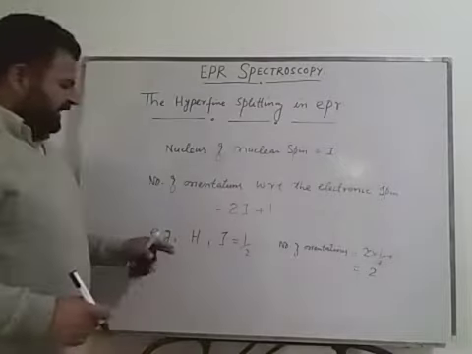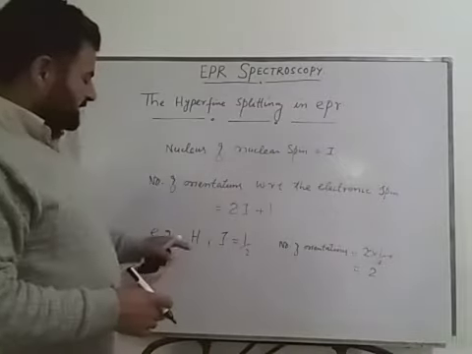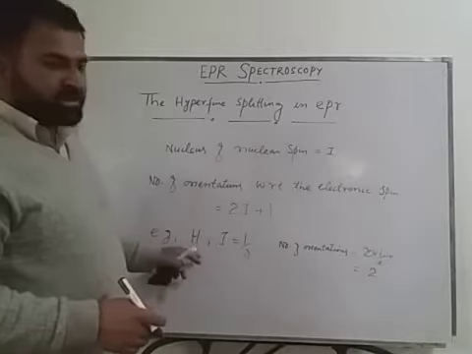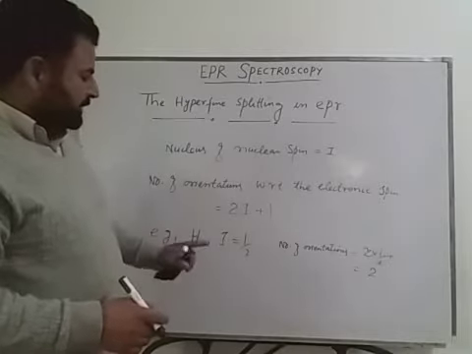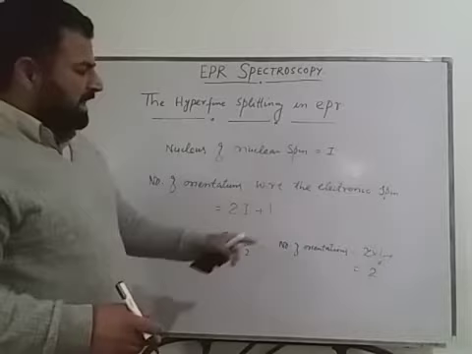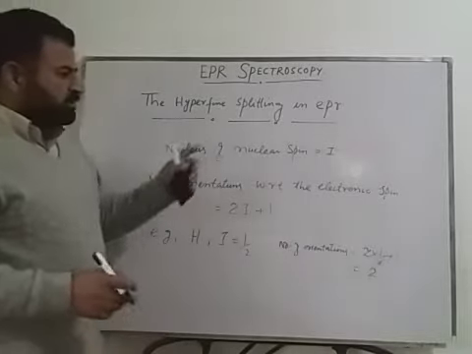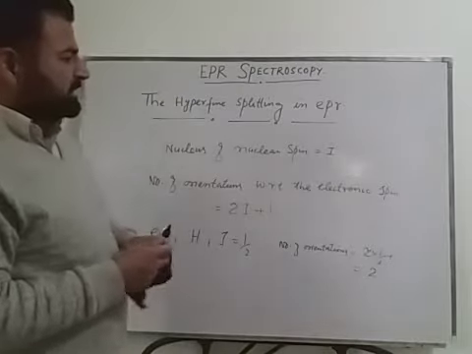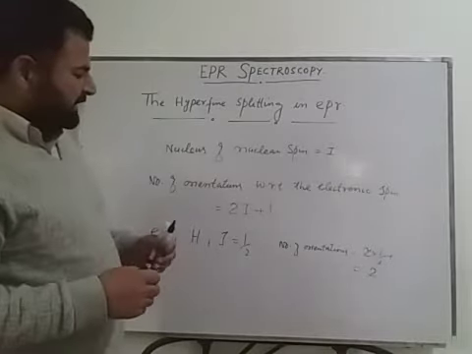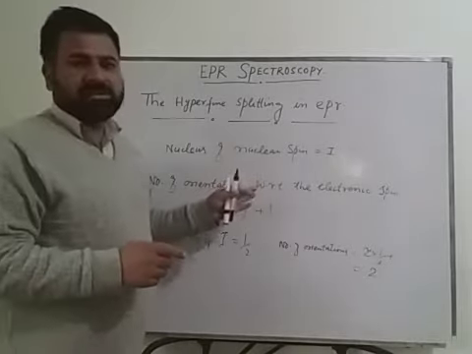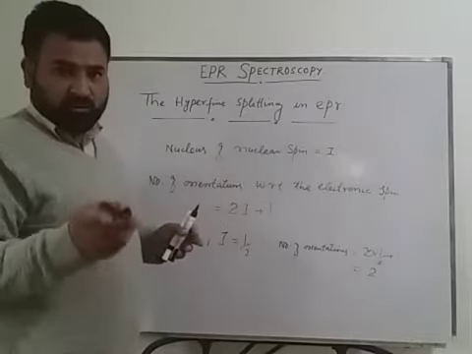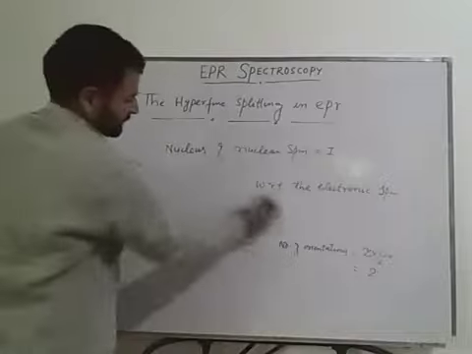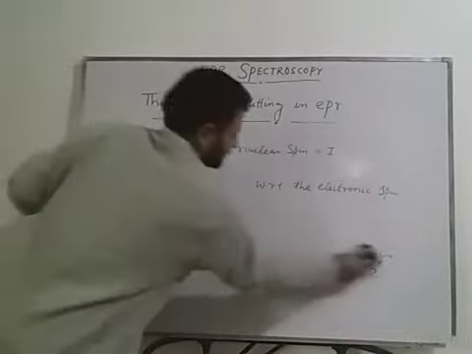So if an unpaired electron is present on the hydrogen atom and it interacts with its nuclear spin, then the nuclear spin will have two orientations with respect to that electronic spin. If it has two orientations, then what will happen? It will split each electronic spin level into two levels, because every orientation of the nuclear spin